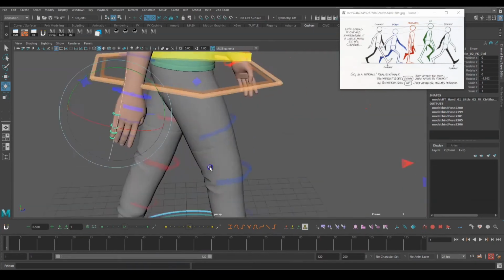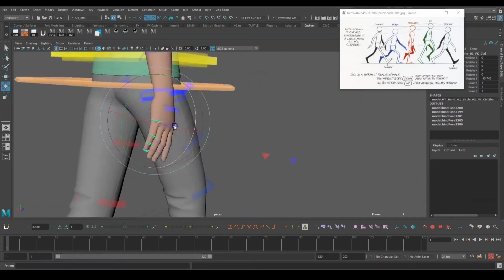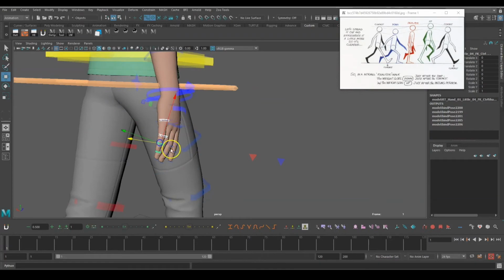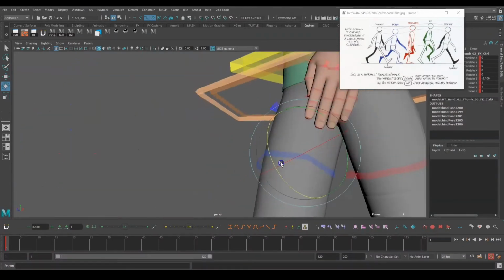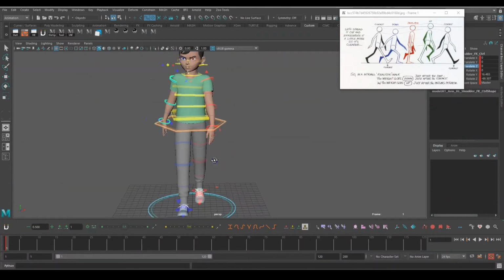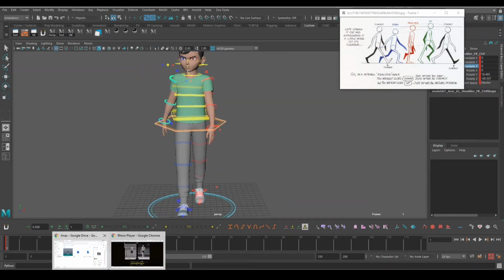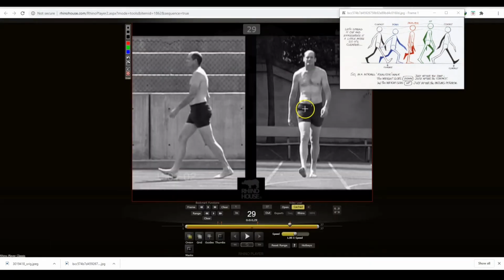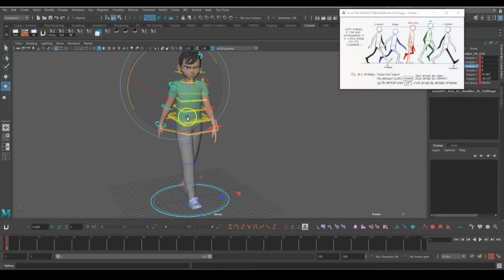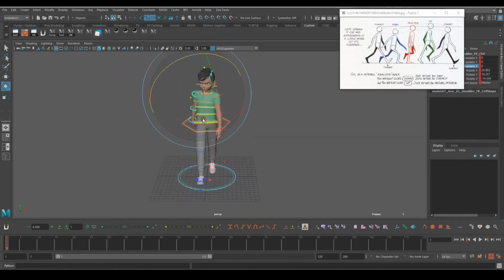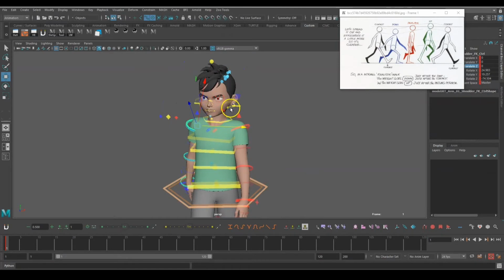Okay, so I'll take this in, select all three controls, take this in, and from the front view rotate this inside. You can see here in the reference. So here I will rotate this in, okay, and rotate.